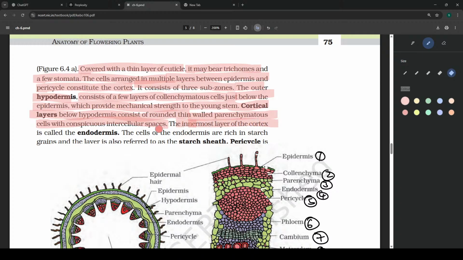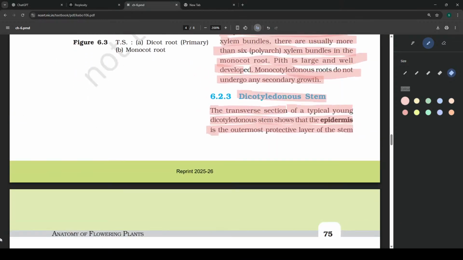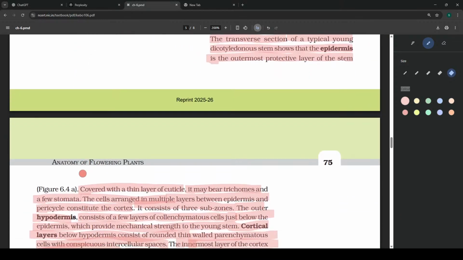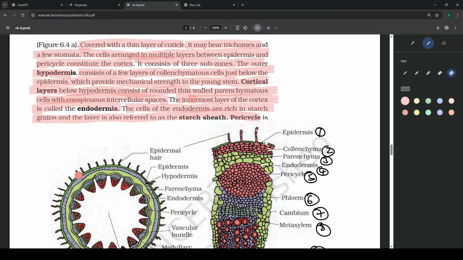The innermost layer of the cortex is called the endodermis, same as before. The cells of the endodermis are rich in starch grains, and the layer is also referred to as the starch sheath. Okay. In the case of roots, the endodermis cells were cylindrical and had deposition of suberin, making the Casparian strips. Here, in the case of